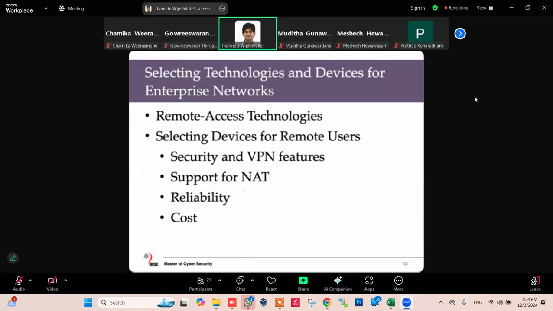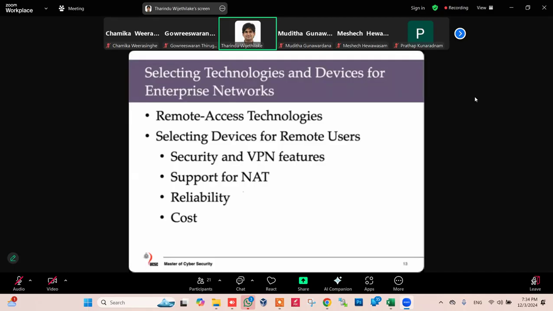Remote access, because there may be VPN users who are connecting from different geographical locations, people who need remote access. So you have to think about that part when you are going to purchase devices or select technologies for these enterprise networks. Especially when you're selecting these remote access devices, the main thing is security, and